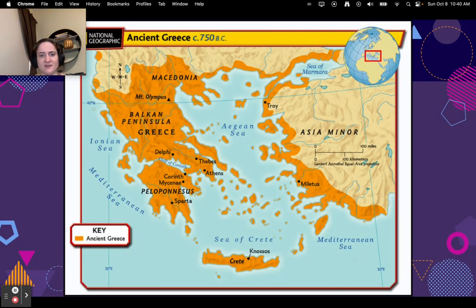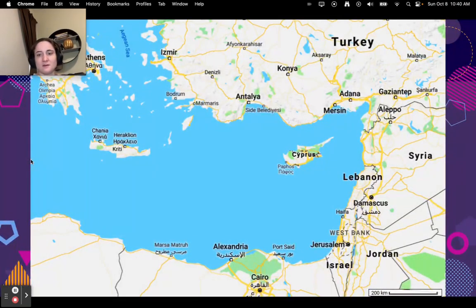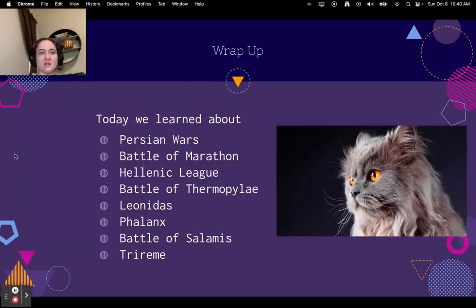So again, here's a map of everything we talked about. So again, Sparta, Athens. We talk about the Strait of Salamis. We talk about the Battle of Thermopylae. Here's Anatolia over here. Oh, here's a picture of Cyprus, if you don't know where that is. So here's Athens up here. This is Cyprus. It's way over here. It was controlled by Greece until the Persians took it over, which makes sense because it's kind of far away from Greece.